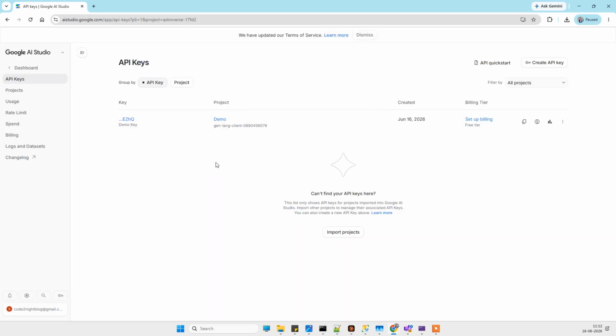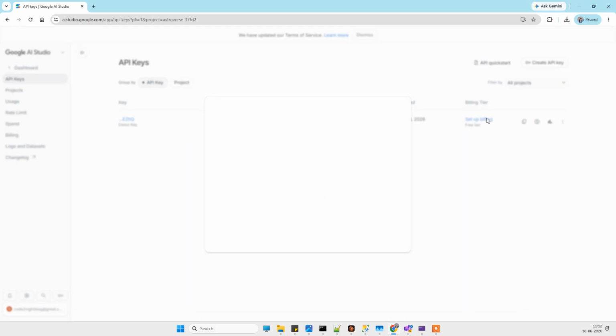Now, the important thing is this: currently what we have got here is the free tier. Now the thing is, you can use chat models for free in the free tier, but you cannot use the image generation models. So if you go and try working with image models, then you will get error 429, which means it is out of quota. So if you are trying to use the image models, then what you have to do is go and click on setup billing,